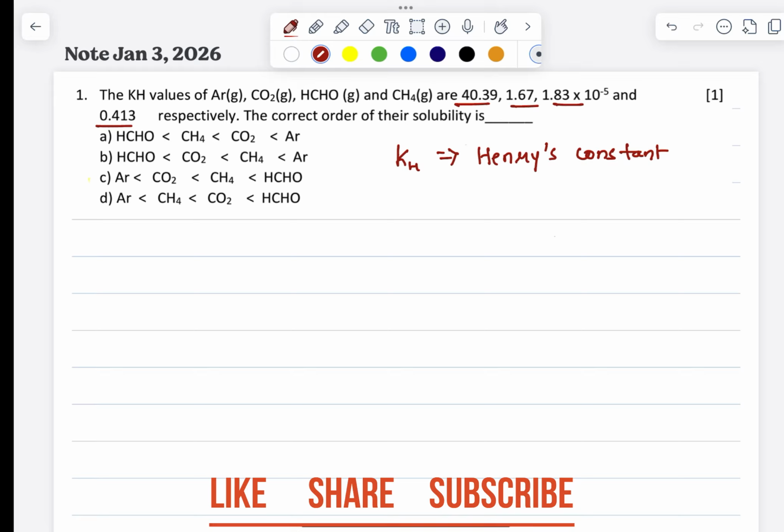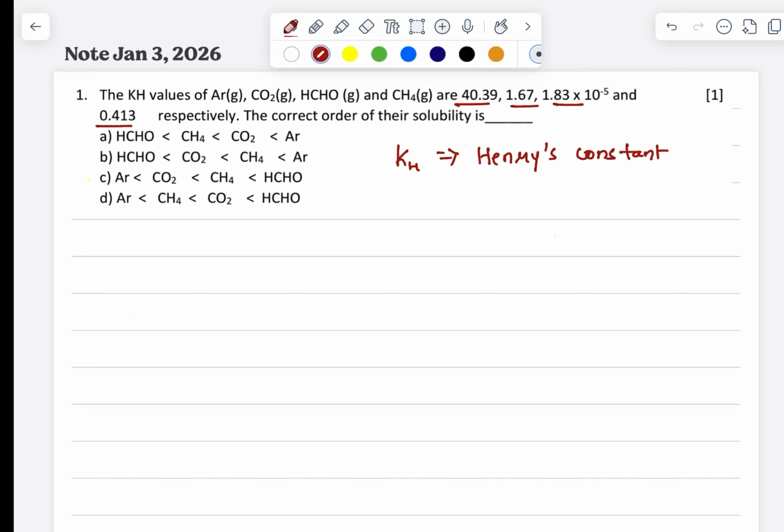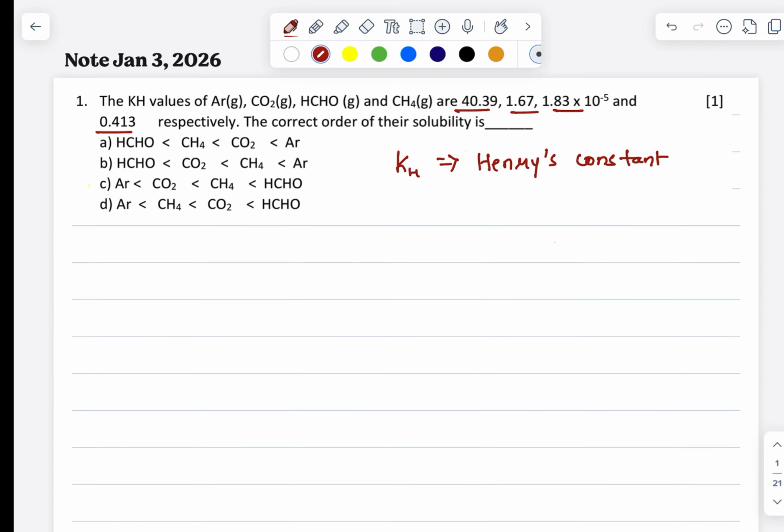Understand, Henry's constant is a characteristic of a gas. Every gas will have a different Henry's constant. That is what it means, so don't go with the meaning of constant. Constant value should be the same, but for a particular gas, Henry's constant will vary from gas to gas. So I'll write first which gases are there over here. This is argon. First gas is argon, and for this, the Henry's constant value is given to be